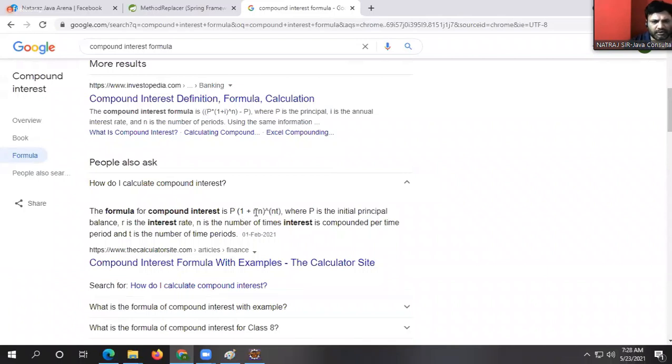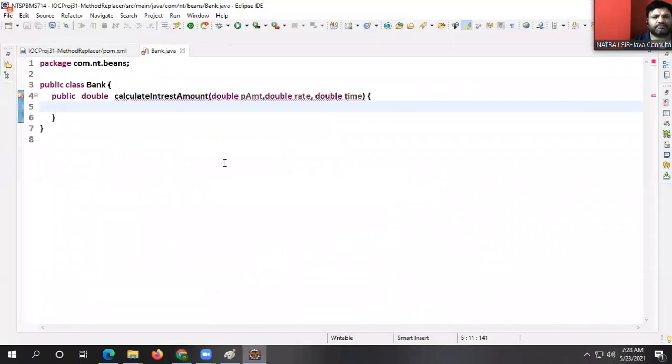P into 1 plus R by N NT. Okay, we will see. Return PAMT into PAMT into what is next? 1 plus